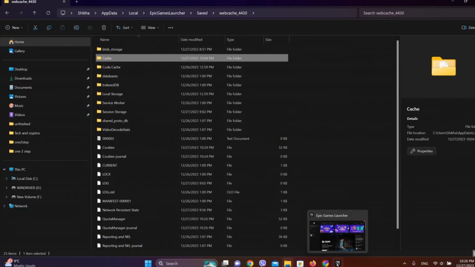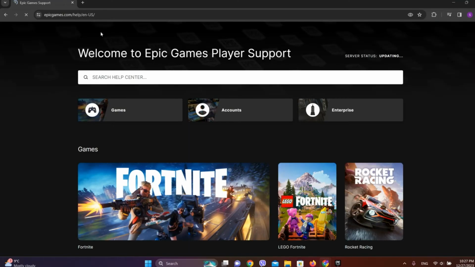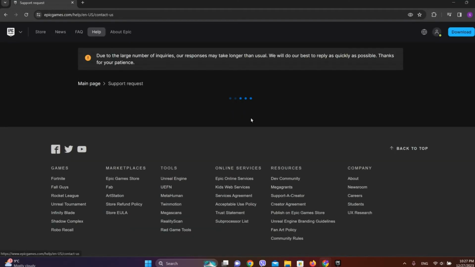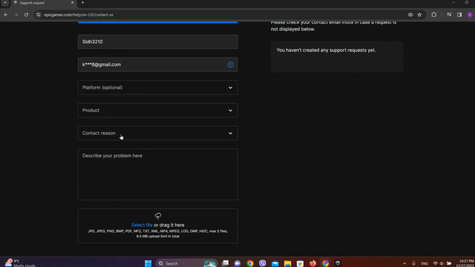Now if your problem is not solved yet, let's get into epicgames.com and we can see this support option over here. Simply tap on this. In the bottom, we can see this option called Contact Us. So let's tap on this and we need to enter all of our details here